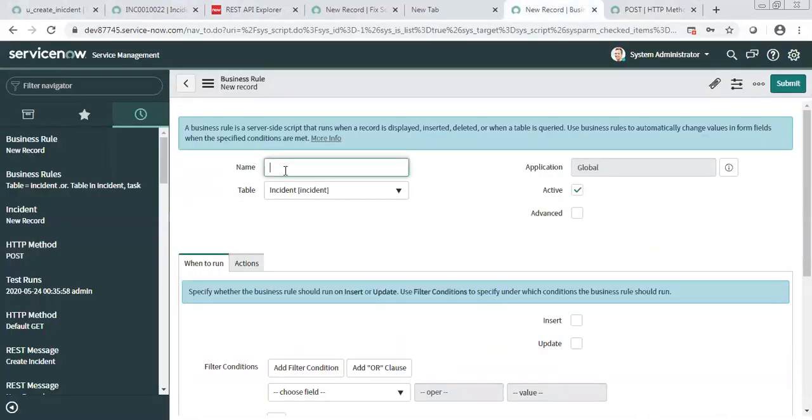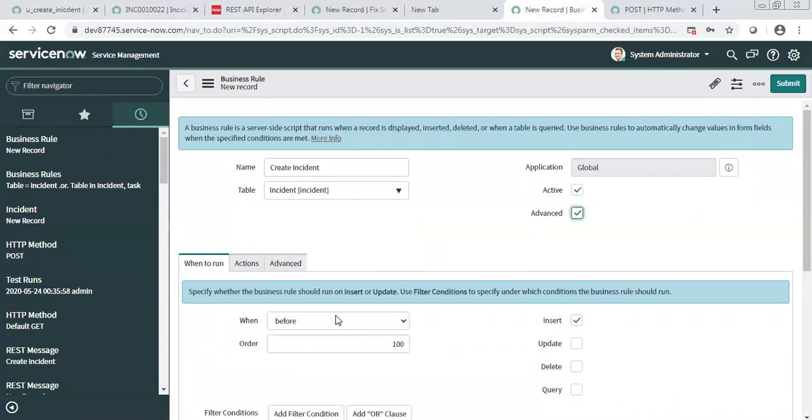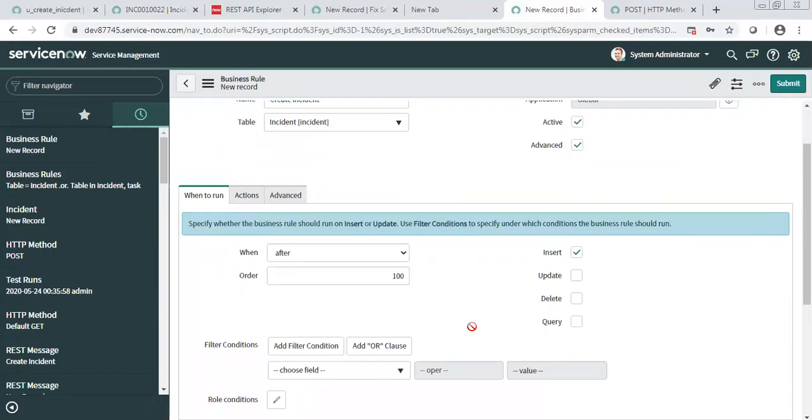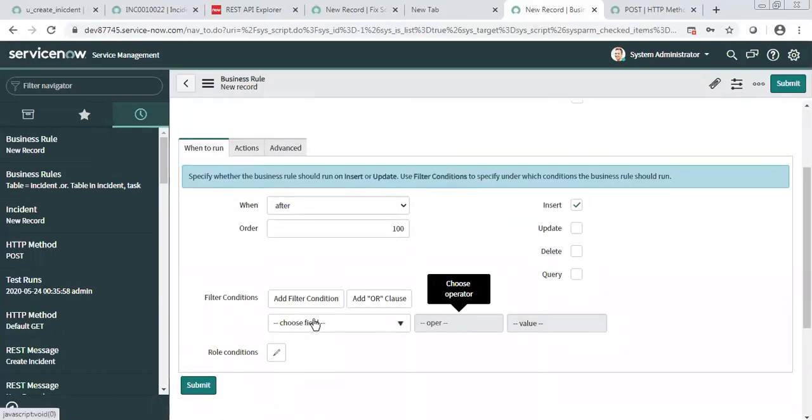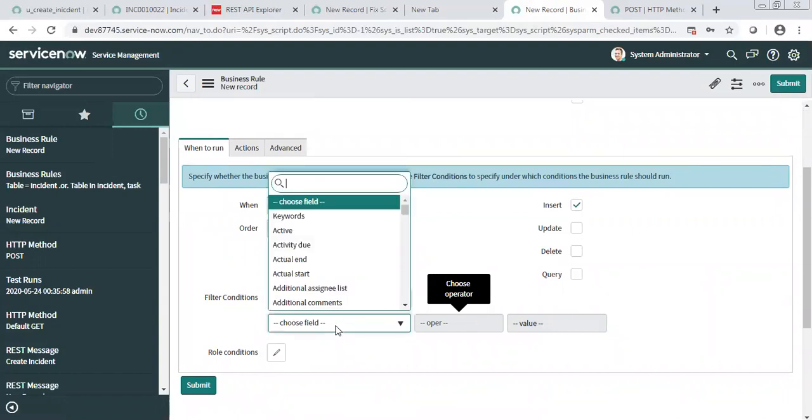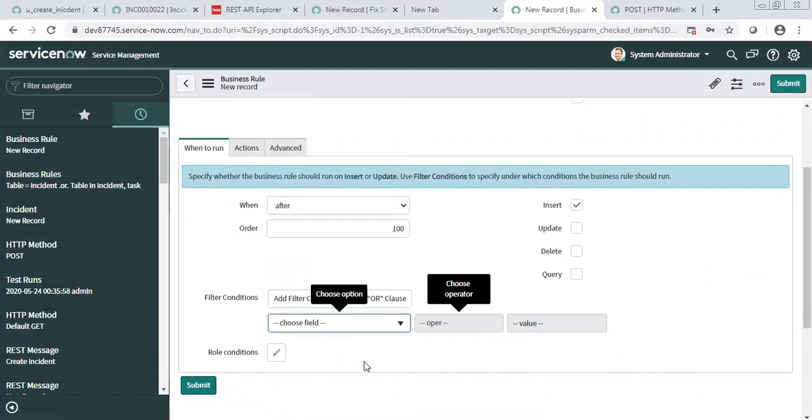So what I will do, I will write a business rule. I will say create incident, and then I will say on insert, and I will go to advanced. I will write an after business rule. You can use after or async anywhere, not before. So I will put after, and whatever condition you have, you can put, like only this priority, or only a ticket assigned to this group. All those things you can define as part of your business requirement and define here. And then coming to my script part, how I will call this.